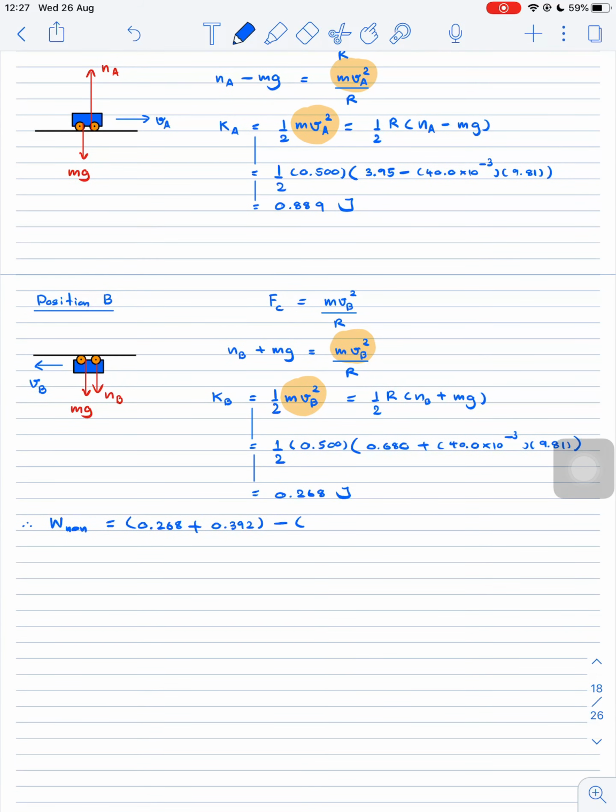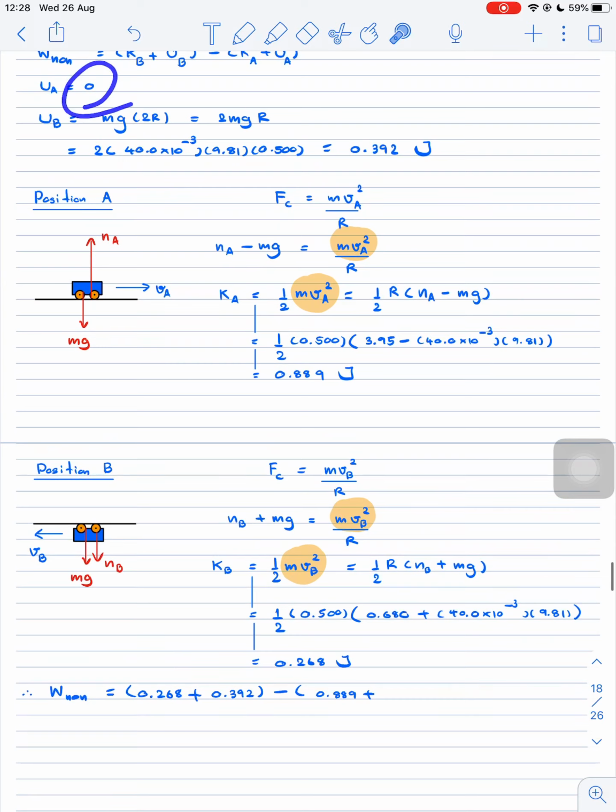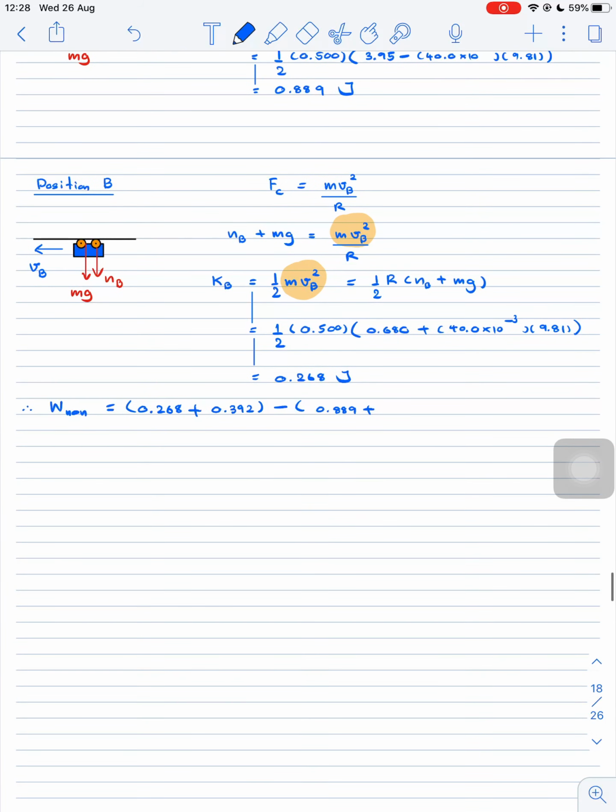KA is this one, 0.889, plus UA, which equals 0. Then finally the answer is